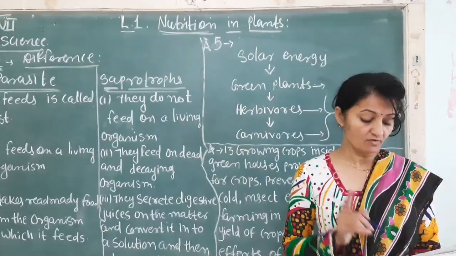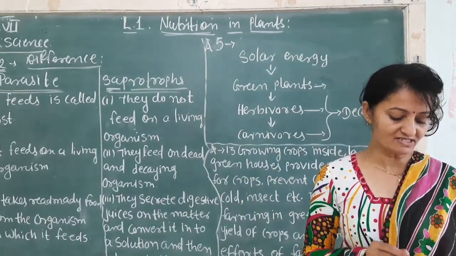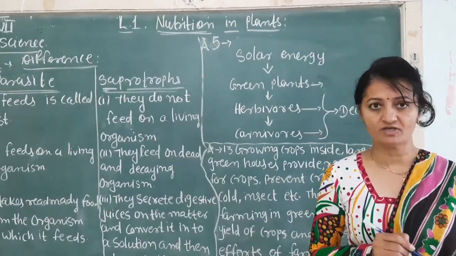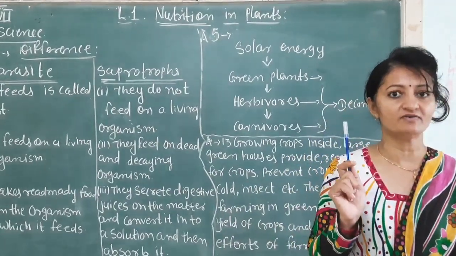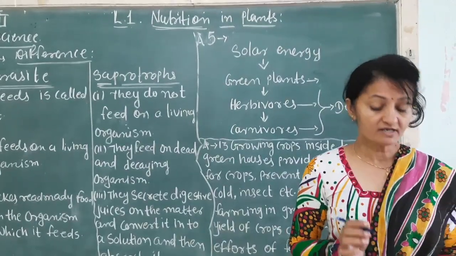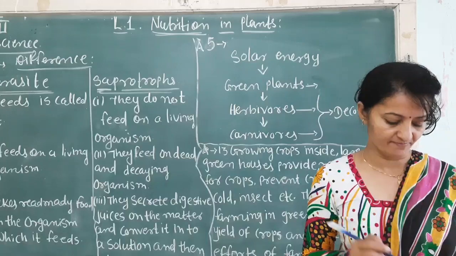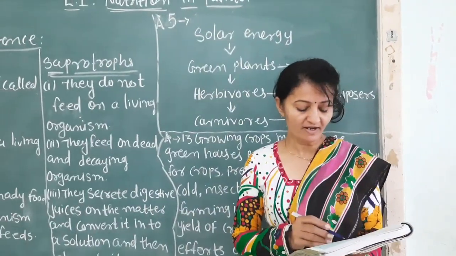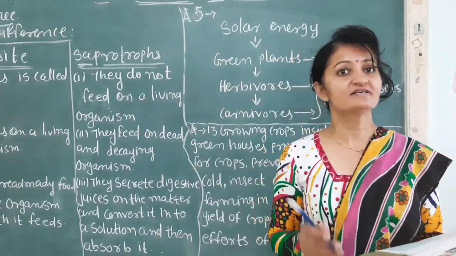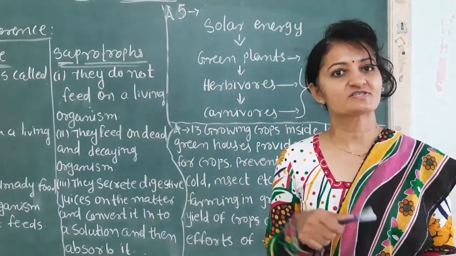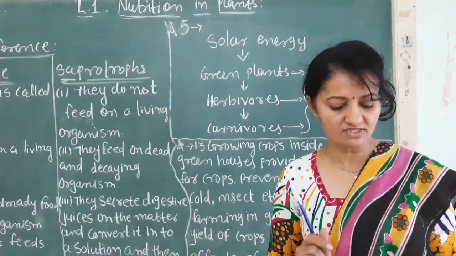Now question number 7. Name the following. First: a parasitic plant with yellow, slender and branched stem. What is it? It is Cuscuta. You have learned in activity 1.1. Right? Cuscuta. The other name is Amarbel. The right name is Cuscuta. Now the second: a plant that is partially autotrophic. The name is insectivorous plant. और उसका दूसरा नाम क्या है? Pitcher plant. So you write the name of insectivorous plant.